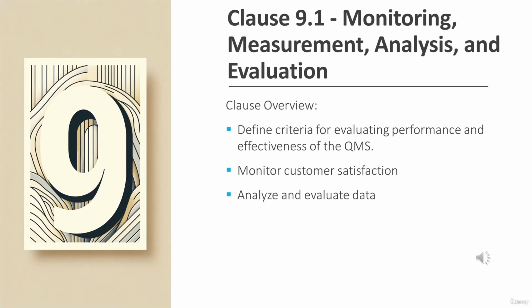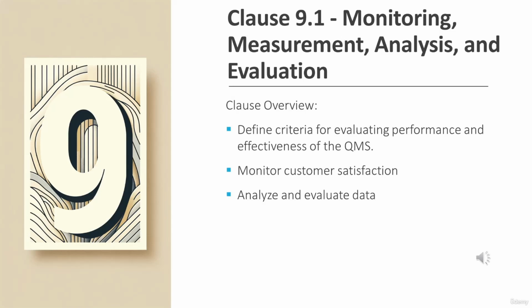Once again, I will go to the PDCA cycle. So performance evaluation, or clause 9, falls under the check category. We planned initially and then we did the work in clause number 7 and 8, and now in clause number 9, we will check, and in clause number 10, we will act based on whatever check we have done. So this is the checking phase where we want to measure the performance and see whether we achieved our goal or not. Now this clause focuses on monitoring, measuring, analyzing and evaluating the quality management system to achieve